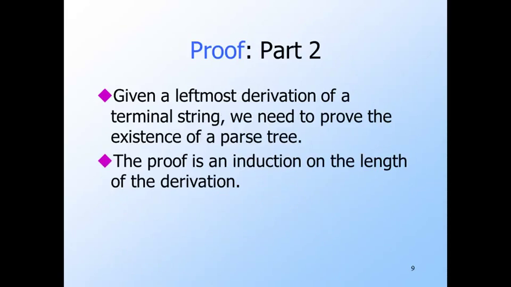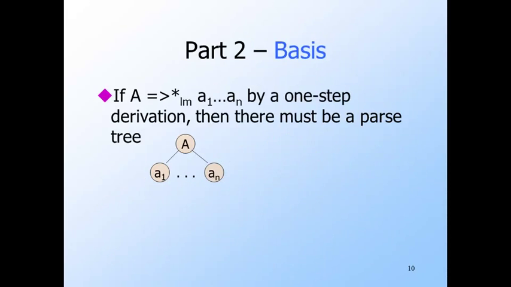Now we need to prove the other direction, that leftmost derivations can be turned into parse trees. The proof is an induction on the number of steps of the derivation. The basis is a one-step derivation. In this derivation, a variable A is replaced by a string of terminals, perhaps the empty string, using some production for A. If the string is not empty, then there's a parse tree of height 1 with A at the